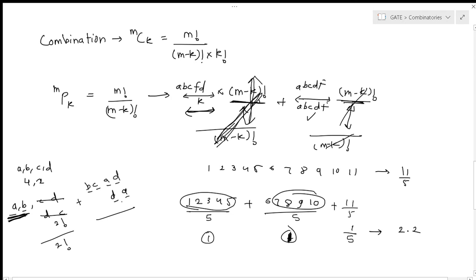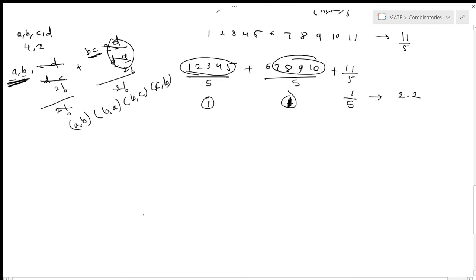And the other could be D, A. So these are the two factorial permutations, and when we divide by 2 factorial, what we did is that we took care of this. Okay, so these got cancelled with these 2 factorial, and we were left with BC. So similarly, what we will get is AB, BA, BC, CB, and so on. You got it, right?